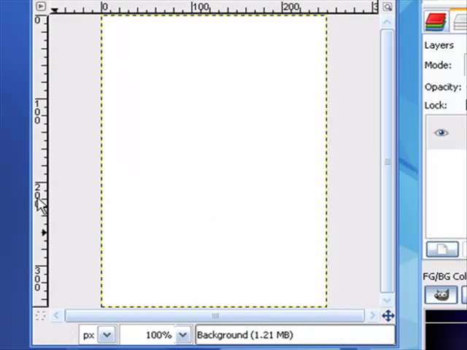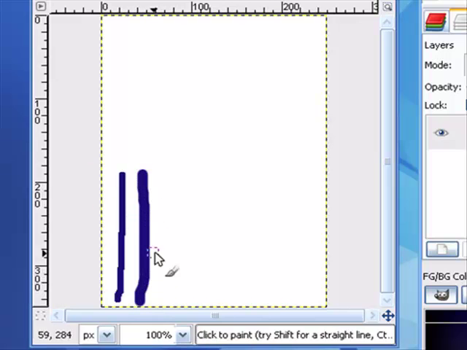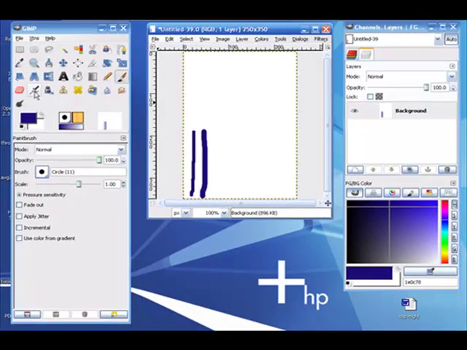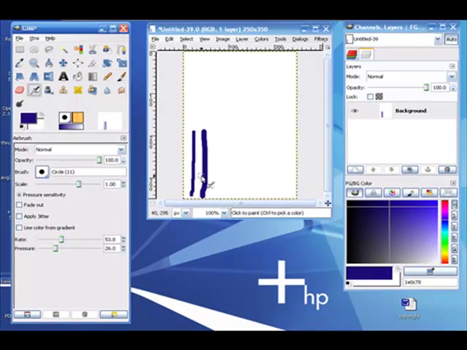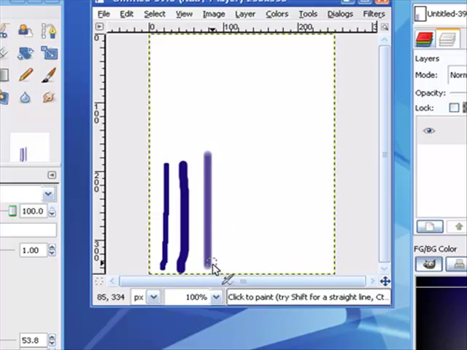Oh yeah, and as far as the pencil, imagine that being kind of straight. And the paintbrush, the difference here, as you can see, everything's the same. It's just that the paintbrush is a little bit wider because it will kind of round the edges rather than being more of a clean, straight edge that the pencil will leave. And the airbrush is a little bit different in that it's kind of like the paintbrush with the rounded edges,